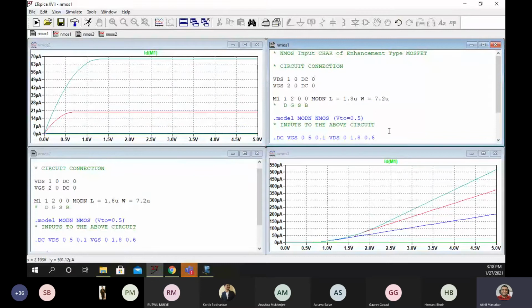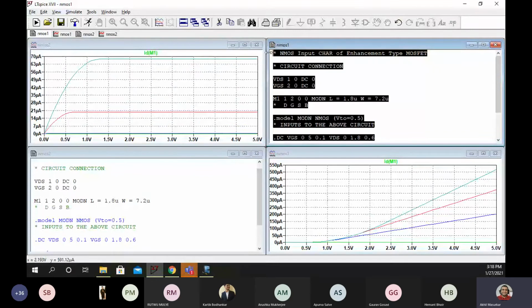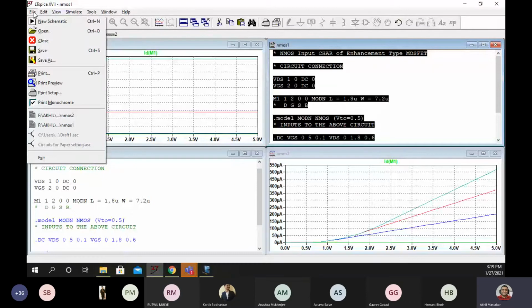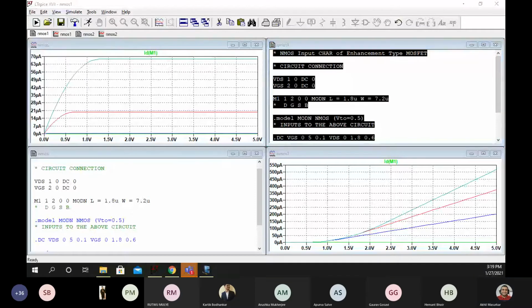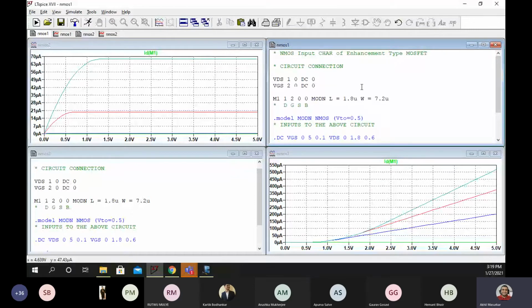Okay. Now we are going to see the depletion type NMOS.